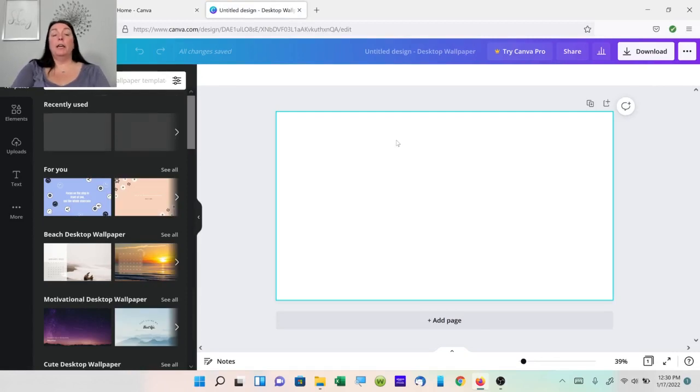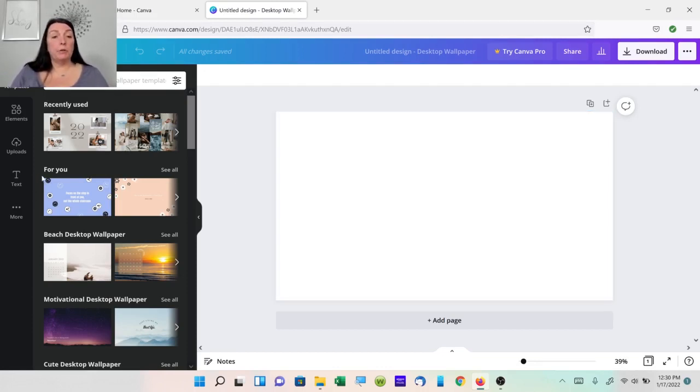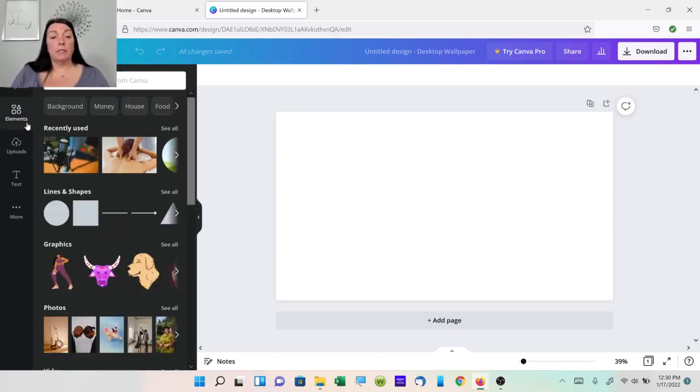Okay, here is a blank canvas for you to create your vision board. So I would like to use the blue color because I love blue. It reminds me of the ocean. But right now I'm going to wait on changing the background color until I can add some templates.